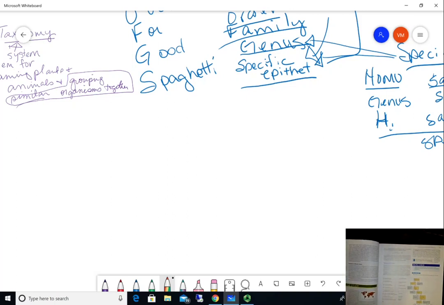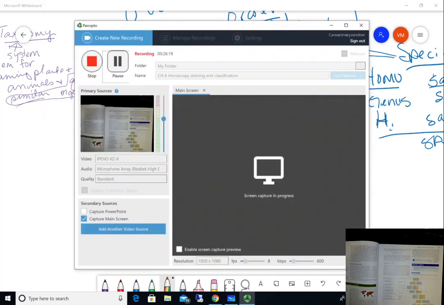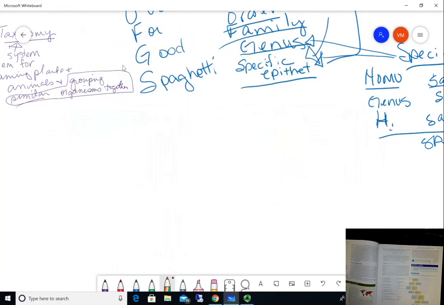Trying to make sure I haven't missed any of the taxonomic information, because I just kind of briefly go over those, but I do want you to make sure you understand domains and what they are. Now, one thing I do want to remind you all of whenever I talk about genus, because it's going to be mentioned a lot. If I say a genus, well,